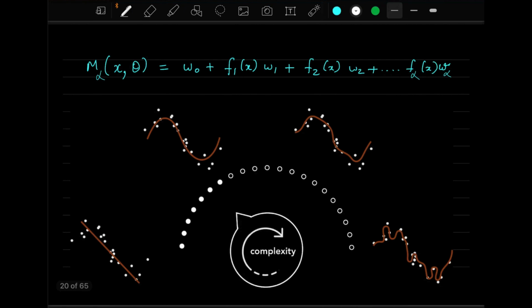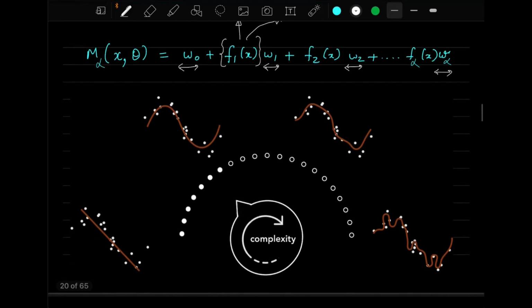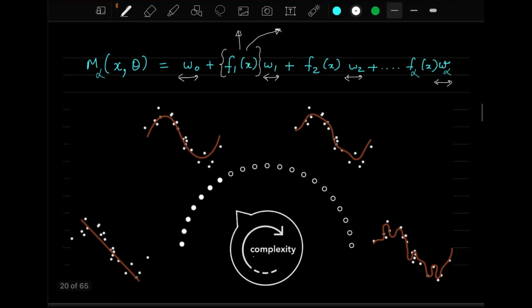Okay, as I discussed about this f1(x) in more detail, as you know, this can be either a polynomial expression or a neural network. So based on f1(x) being either a polynomial or a neural network, you are weighting it by different weights that are w0, w1, w2 and w alpha. So the complexity of the model, by complexity I mean, you vary different alphas, not thetas, only alphas. Depending upon the alphas, you are actually tuning the complexity of the model.